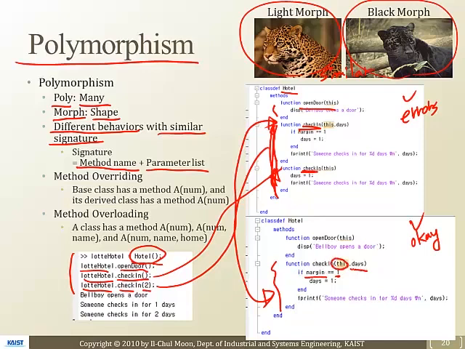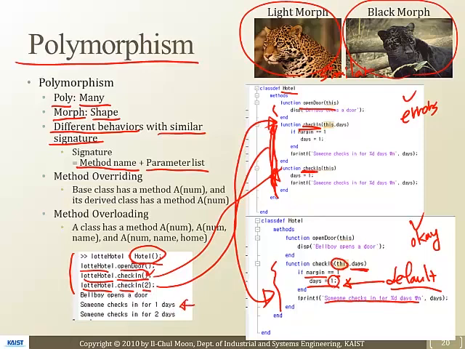Then it means that days wasn't inputted, so it gives a default value, right? What happens here is that if check-in is called without any numbers, with the parentheses ending like this, then days takes the default value, and it says that parameter 1 was used as the days, and someone checks in for 1 day was printed out.